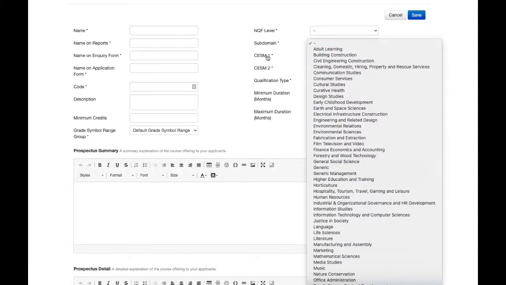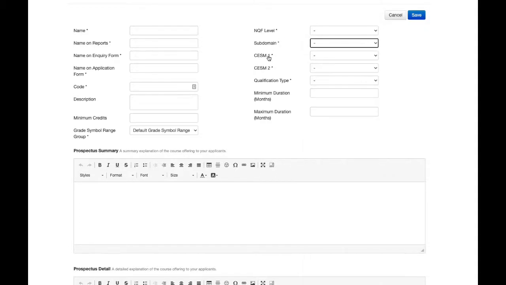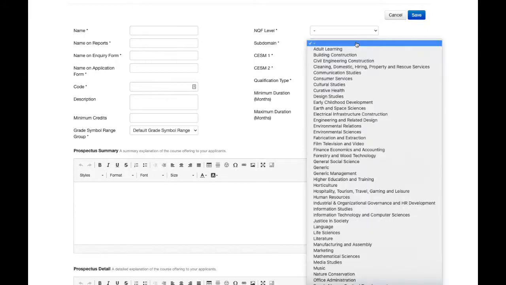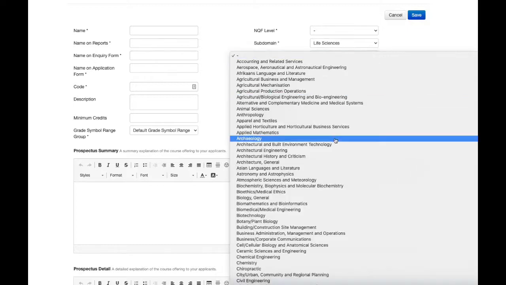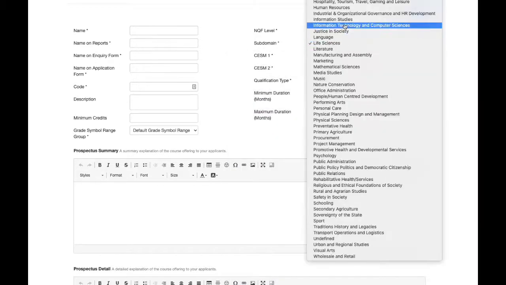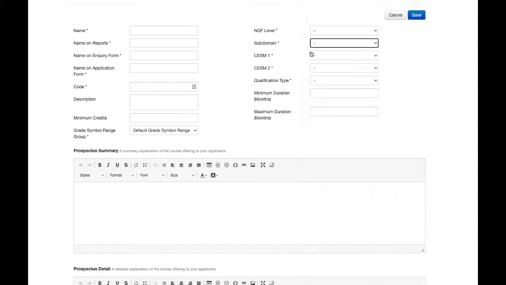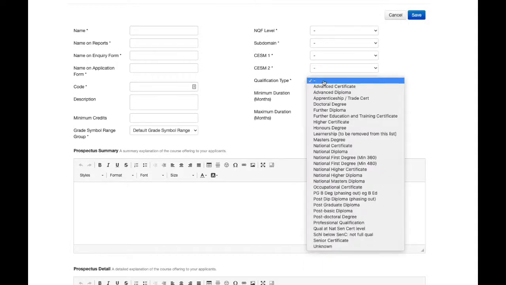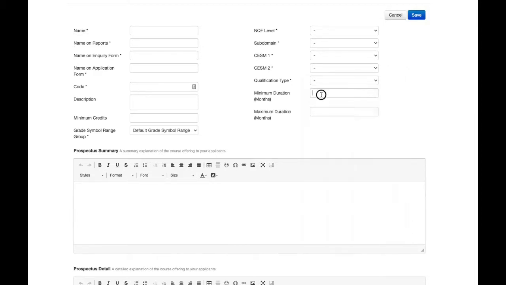The subdomain and the classification of educational subject matter, those are standards in South Africa. So you'd say that maybe this is a life science qualification, and then you can put the other information that's related for that. Qualification type is just whether it's from a certificate all the way up to master's, doctorate. Okay, in general,